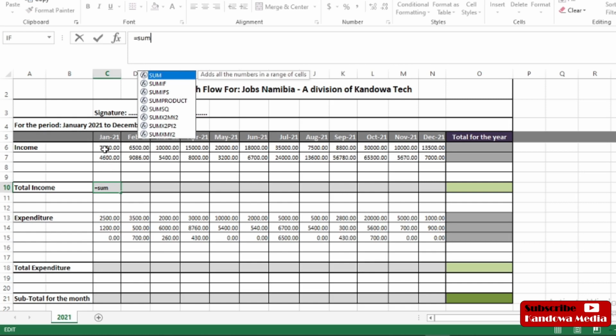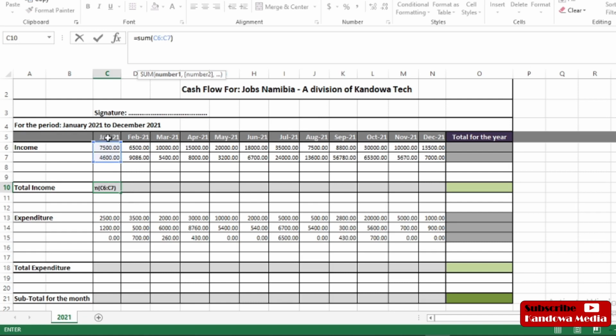Now I want you to come into the sum. Make sure you write the brackets, two brackets, and now go into it. Make sure you are in between those two brackets, right? Now you are selecting; you want to add this and this, so that it gives you the sum that will be appearing in this total income right here. So just click on that, and then scroll down to this,